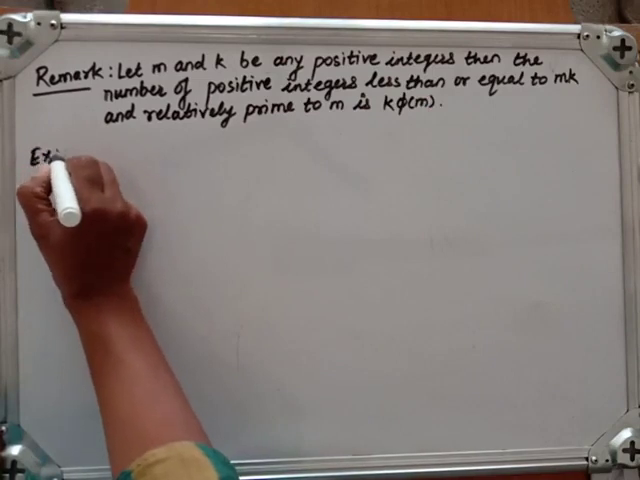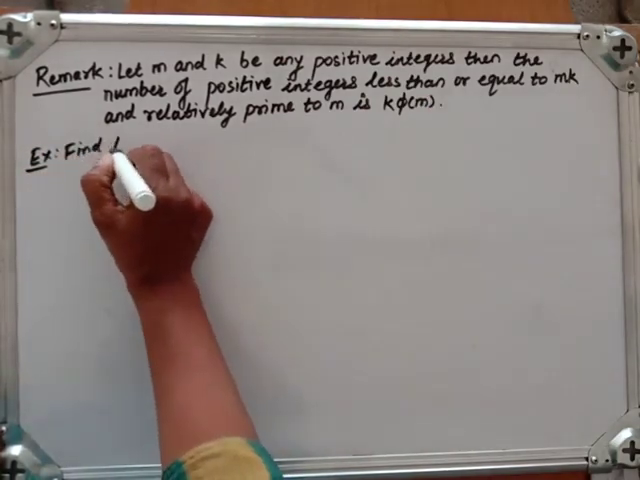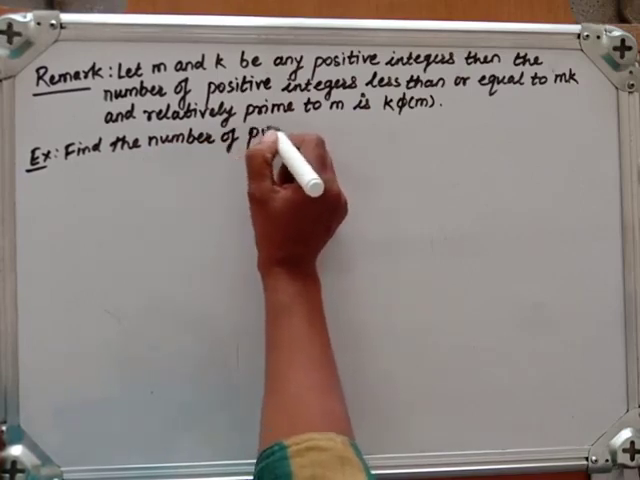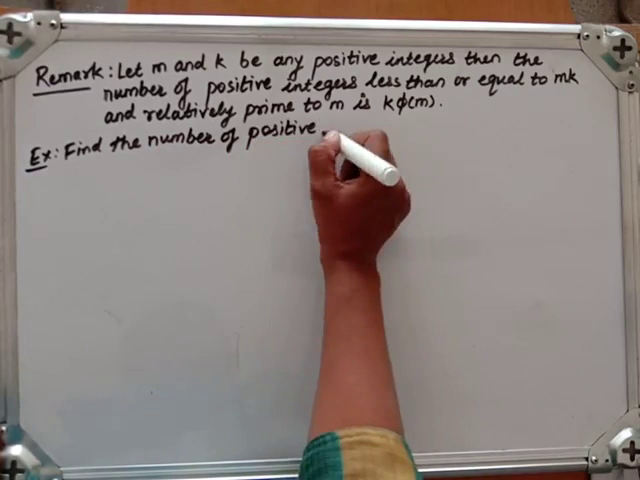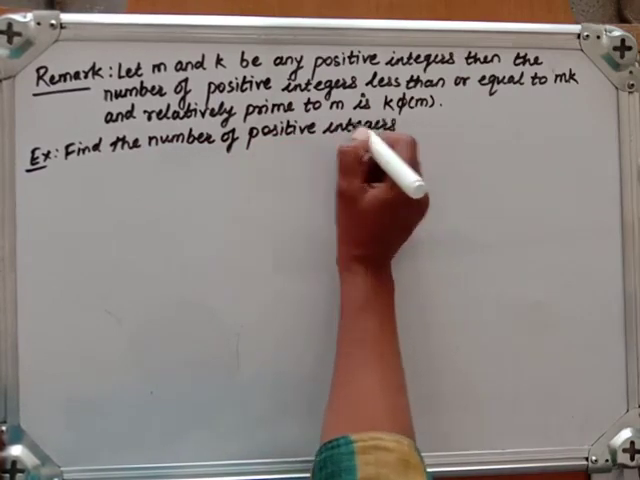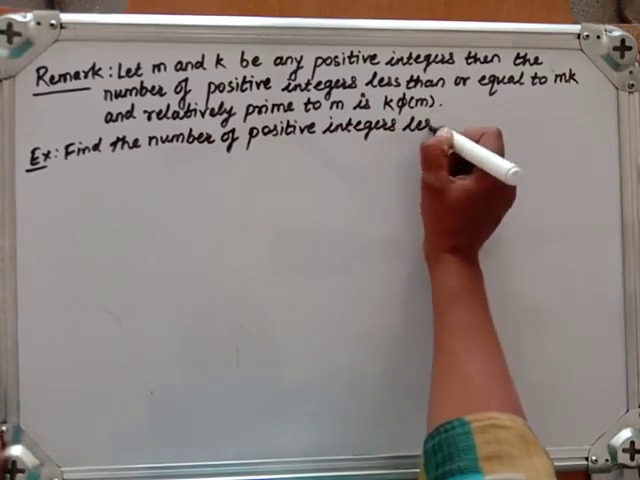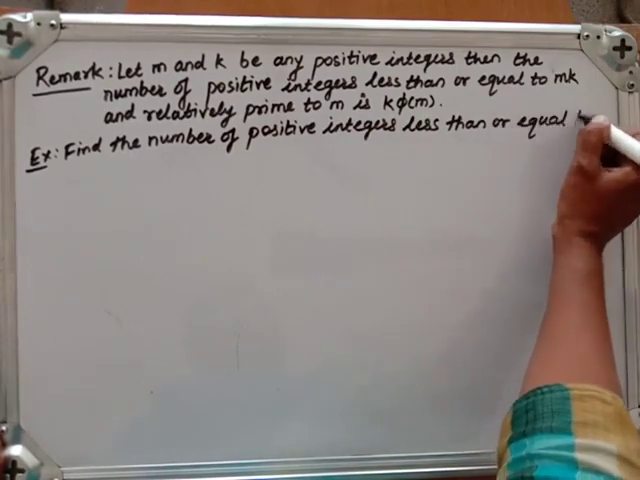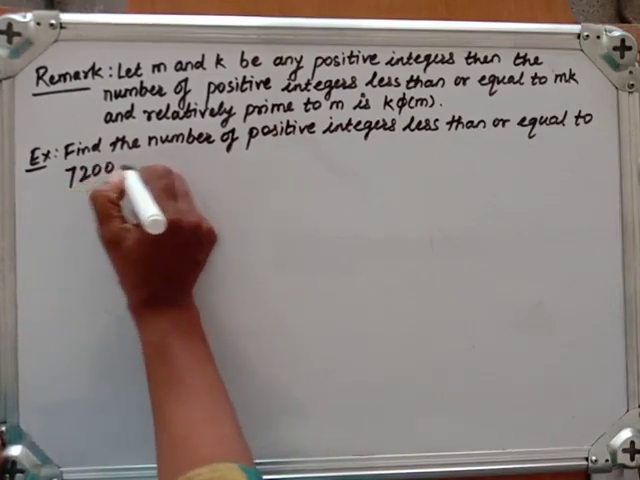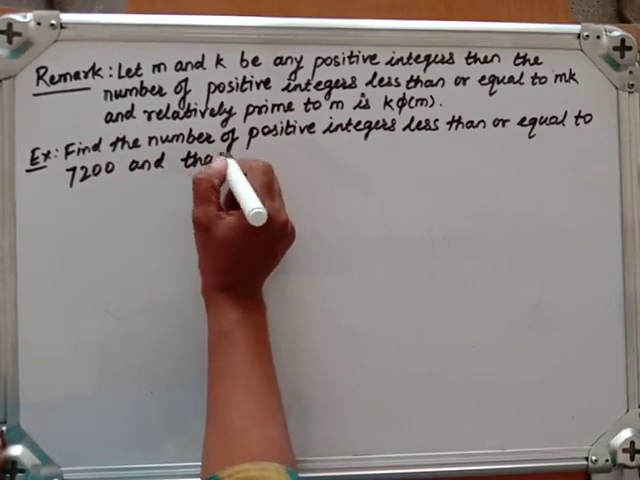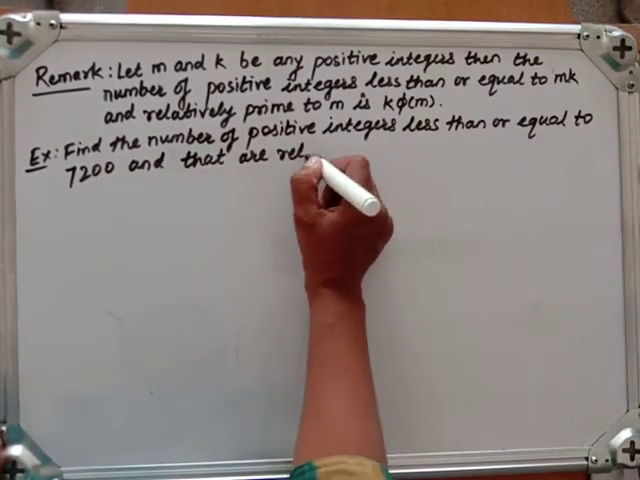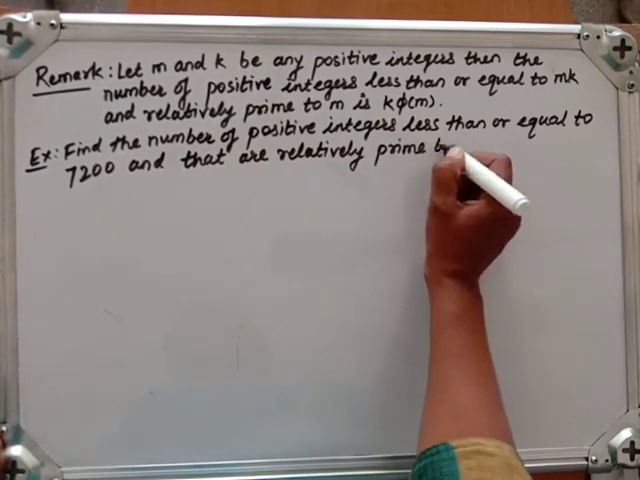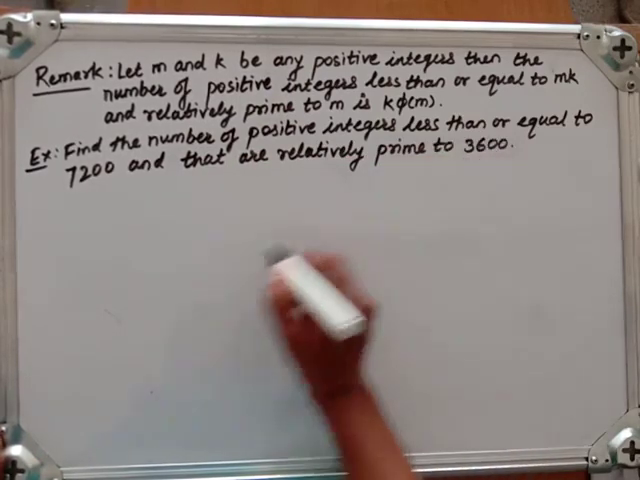Example for this: find the number of positive integers less than or equal to 7200 and that are relatively prime to 3600. So solution: